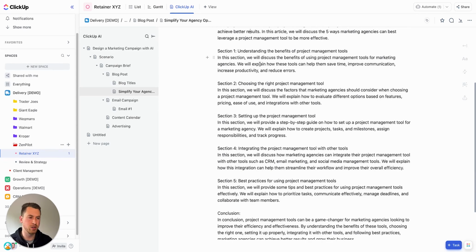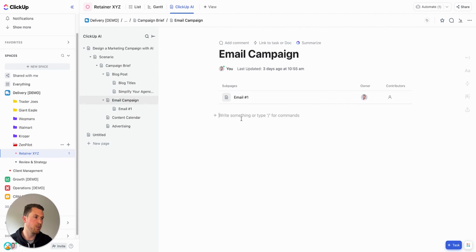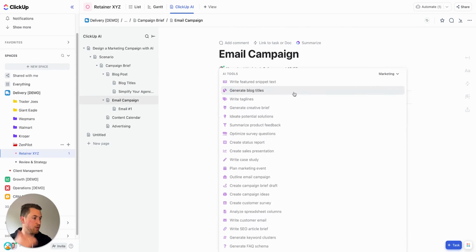Next up, now that we have that pillar piece of content, we want to move into actually creating an email campaign to build awareness here as well as get people to the actual course. So if I come here to a specific email campaign, let's say I want to leverage AI for this, I can first start with the emails that we need. What are the different stages? What are the different days I need to send these out? Is this going to be across a month, 2 months, whatever it may be? We can put together that drip campaign and create it right here